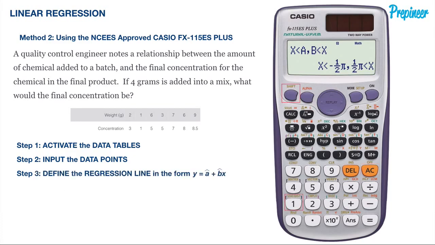We can now define the variables of our regression line. With all of our data points input into our calculator, again, we're just going to let it do our dirty work. We're going to let it save us a ton of time. So to do this, click the Shift button and the 1 button to activate the stat distribution functionality, which is indicated in yellow. You'll be brought to a menu that looks similar to this. Press 5 for regression,